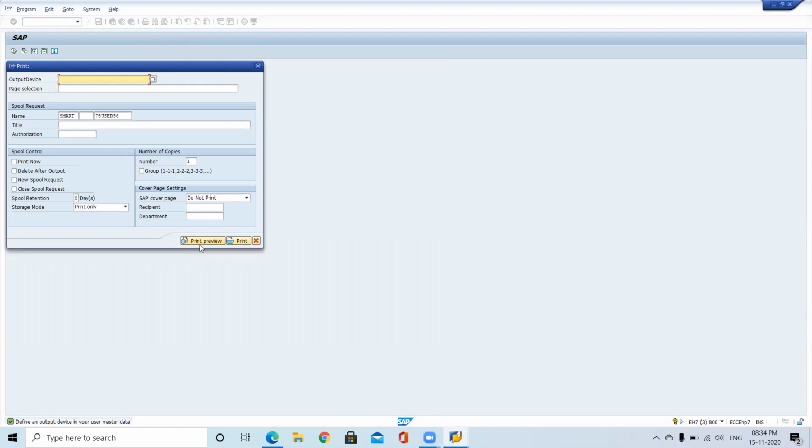Till now we just checked the print preview. But from a real-time point of view, we'll use the print option. Finally, I will print that information. I will use that printout. I will send that information to a customer or vendor. So then we'll use this print option. So just like in a Word document, what are the features we are having? The page selections, number of copies, print preview, print, those options are available in smart form also. In SAP also we are having all those options.